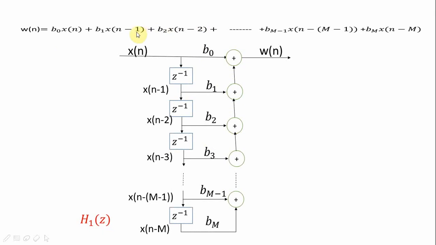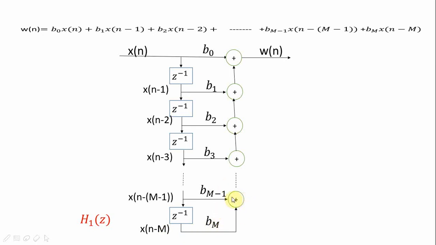There are how many delays? Capital M number of delays. So we write M blocks in cascade like this, and input to the first block is x of n. x of n and its delayed versions are here, and x of n minus 1 has to be multiplied by b1. x of n minus 2 has to be multiplied by b2. So we tap x of n minus 1 and multiply by b1, x of n minus 2 we tap and multiply by b2. Continue like this, x of n minus m we multiply by bm.